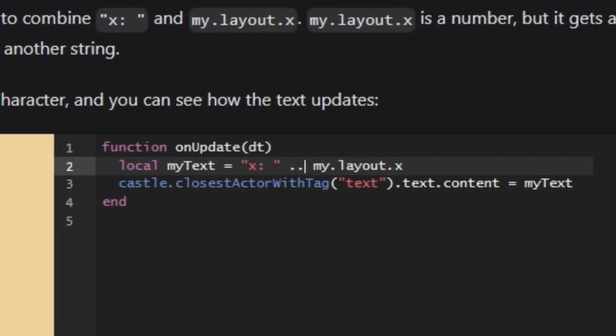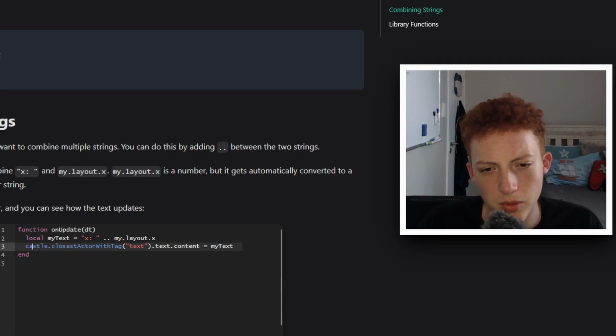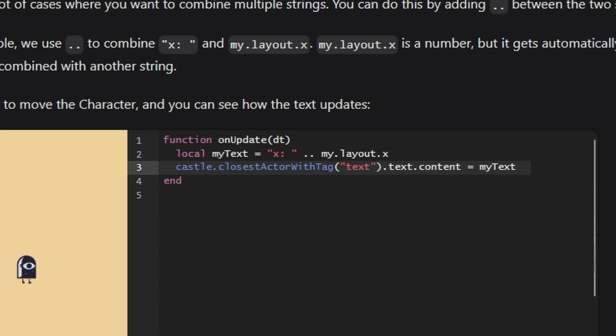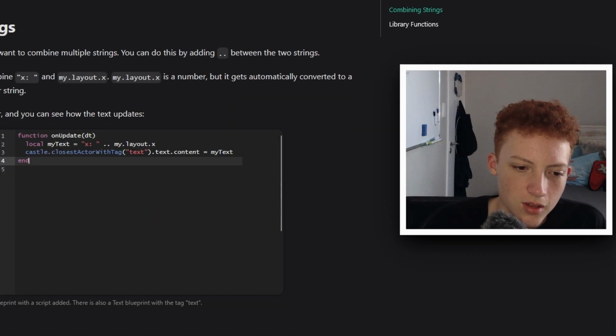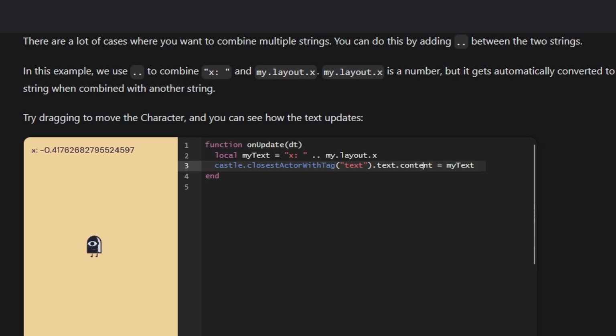And then double dot my layout dot x, and then cast closest actor with text, and then it says in string, so the text is probably just the name of it, so that's why we put the quotation marks around it. And then text dot content equals my text. So yeah, this just shows the coordinates of the x, which is pretty cool. And text content, probably because it's going to change the content of the